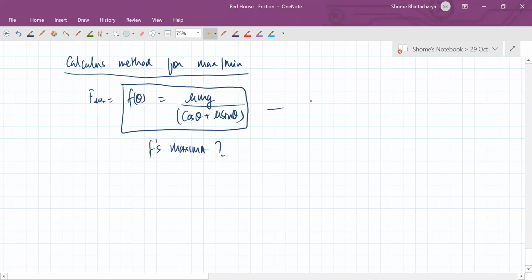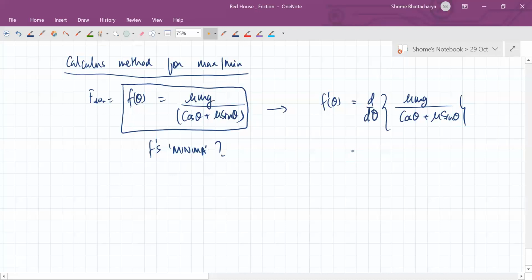Okay. So what is the first step? You find the derivative of this. Of course, in this also you can use the trick that first, sorry, we wanted to find the minima of this, so you can use the same trick that you find the maxima for the denominator. But even if you don't do that, you always have this option of differentiating this. So this is nothing but,